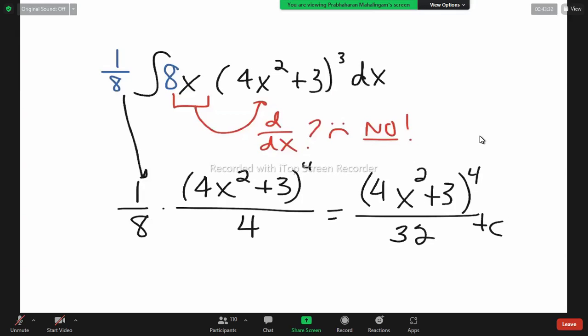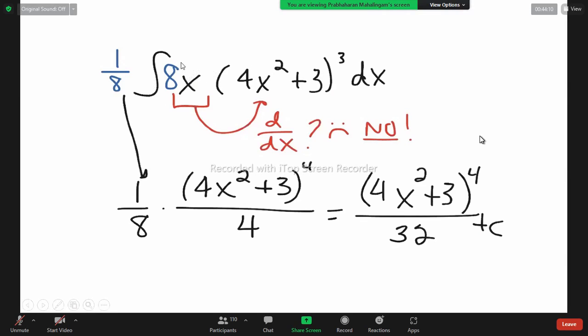But that is why I told you, you think little. You think little, then you will be in a very excellent position. Please think here, what I told you: if you differentiate this function, everywhere integration comes, so please recall your integration. So 4x square is there. Normally if x plus 3 cube is there, your answer is x plus 3 to the power 4. But if 4x square is there, then it should be 8x.